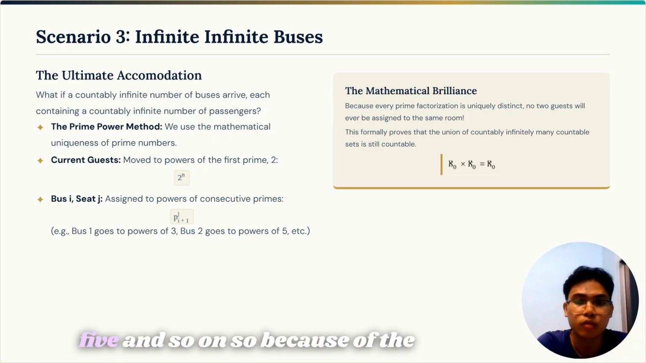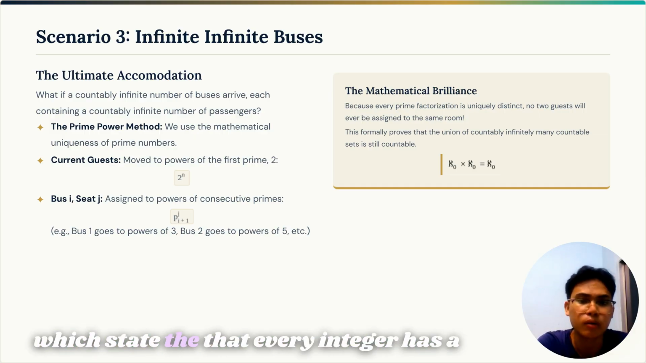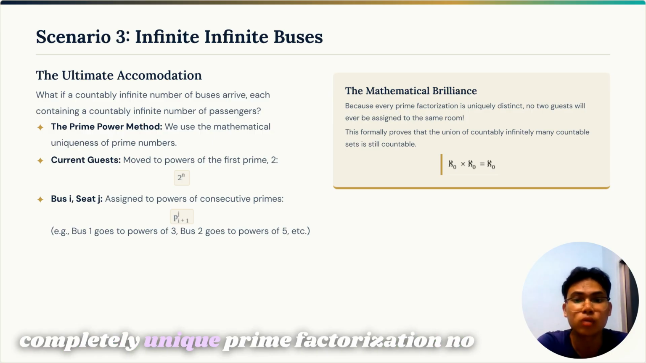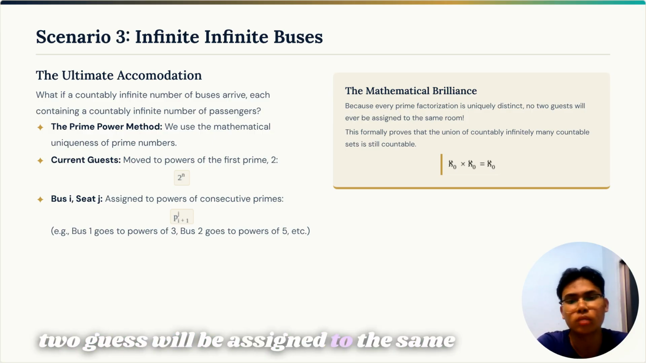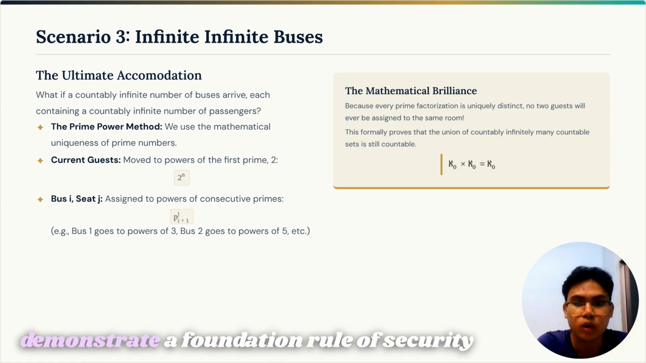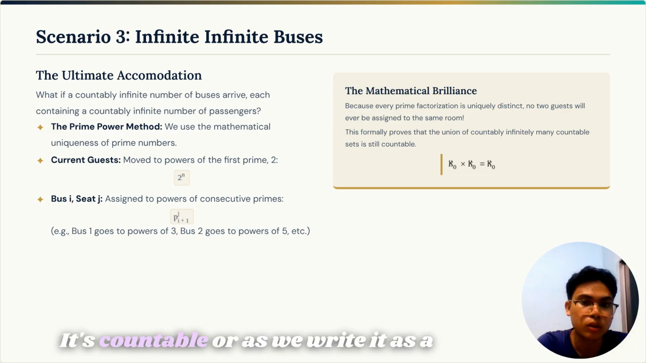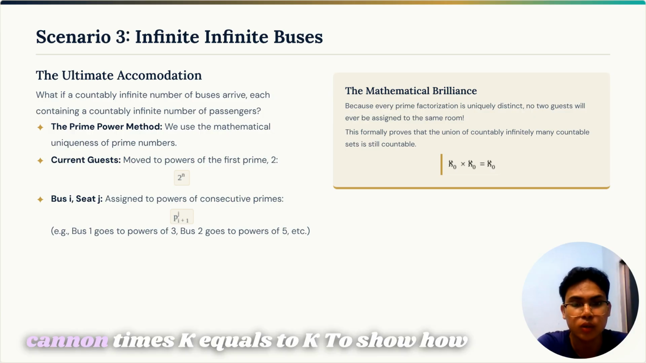Because of the fundamental theorem of arithmetic, which states that every integer has a completely unique prime factorization, no two guests will be assigned to the same room. This thought experiment formally demonstrates a foundational rule of set theory: the union of countably infinitely many countable sets is just countable, or as we write it, aleph-null times